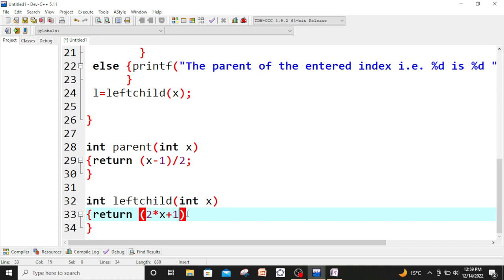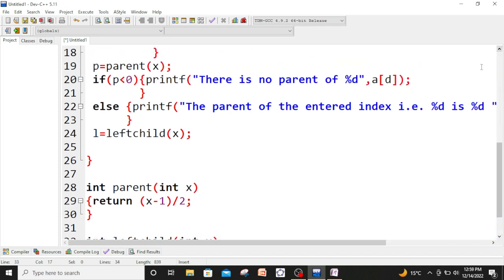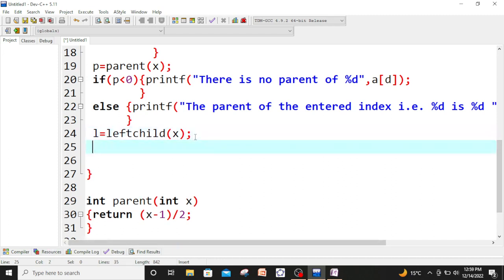This was the formula. Okay, now here I am writing again,